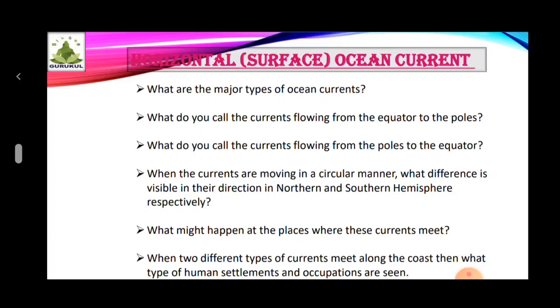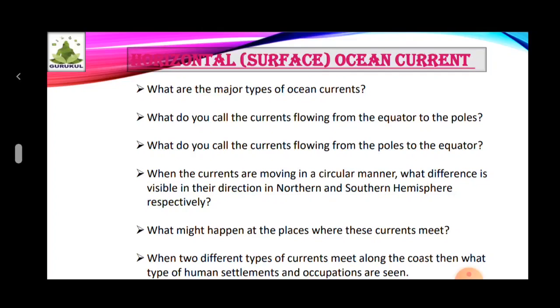The horizontal flow of ocean water occurs as warm and cold ocean currents. As these currents flow from the equator to the poles and from the poles to the equator, these currents are pushed to long distances by the planetary winds. As a result of that, the ocean waters flow from the equator to both the poles and vice versa.